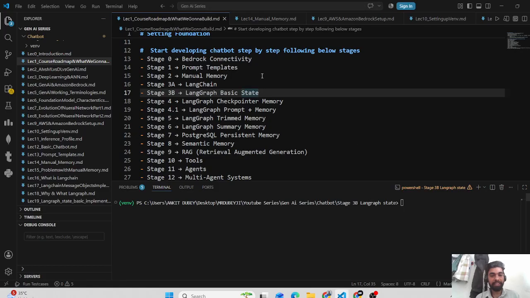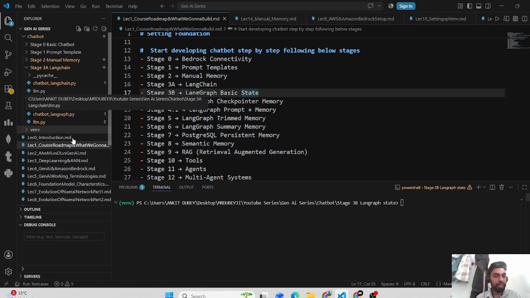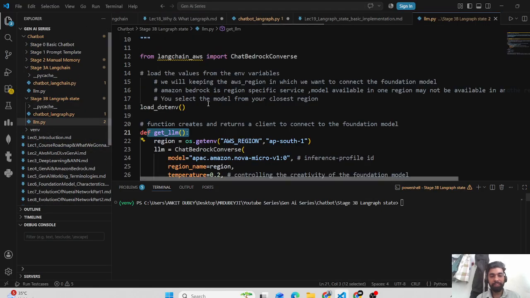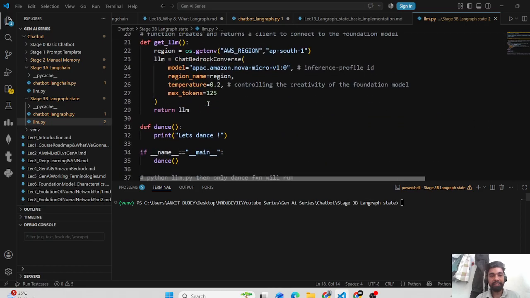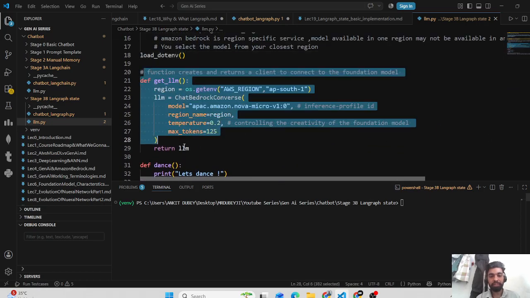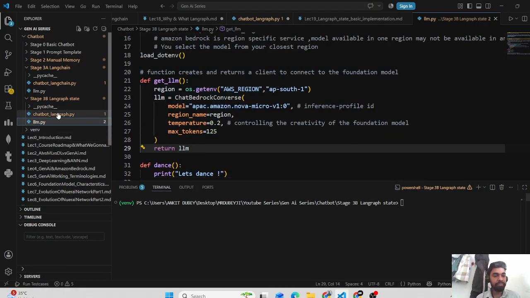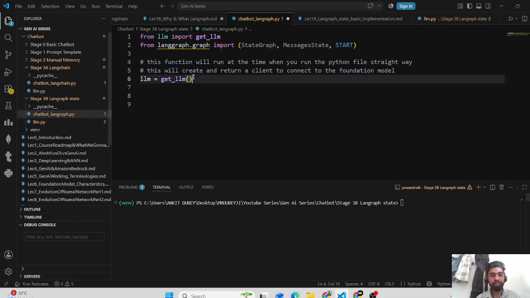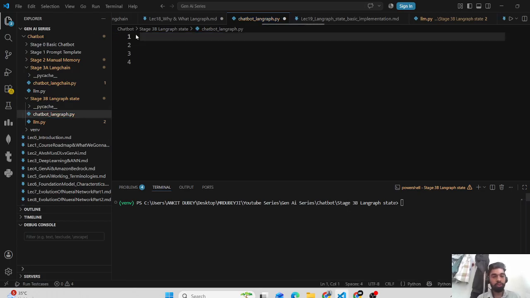So we are currently in stage 3B, implementing the LangGraph basic state. Today we will be writing the implementation code for this. I have already kept llm.py, in which we are creating and returning a client to connect to the foundation model. And I have created a file, chatbot_langgraph.py, in which I will write the code to implement that basic